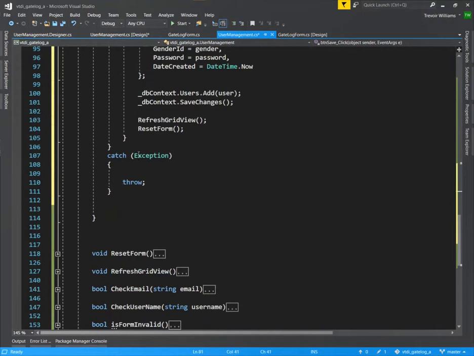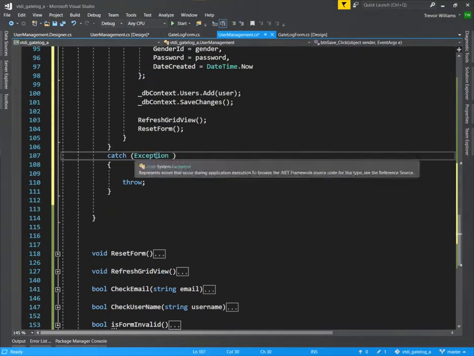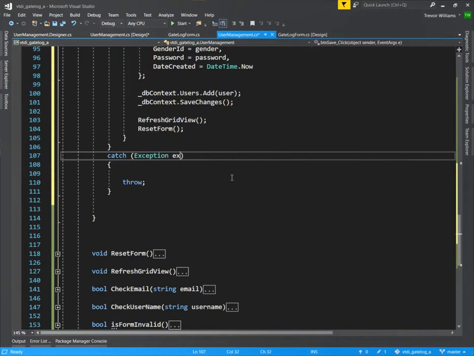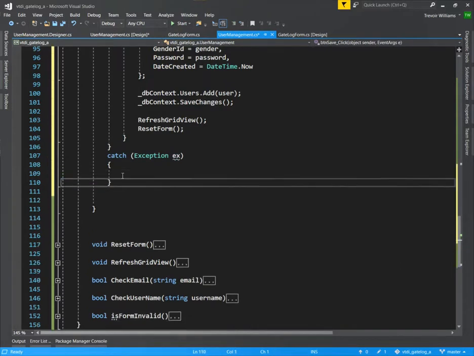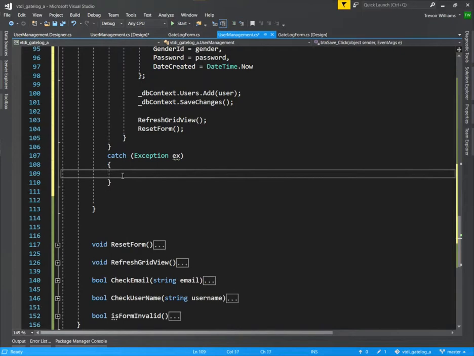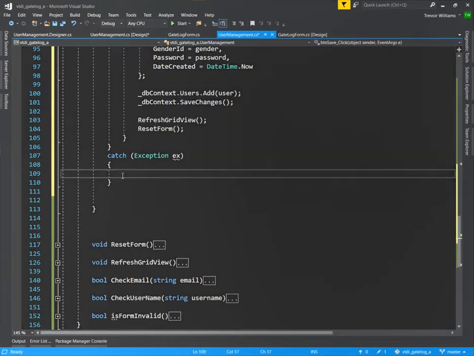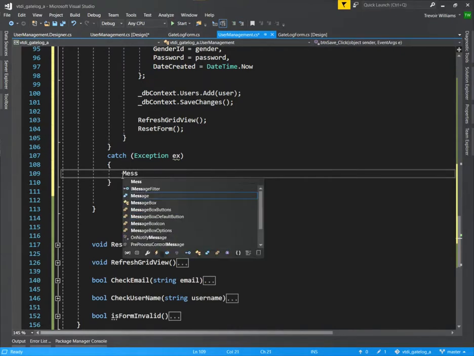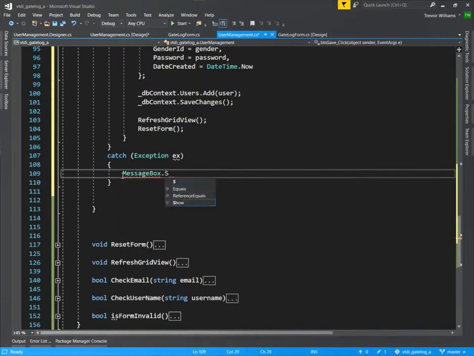And then after all of that, if there's an exception that is caught, I'm going to just put a space here beside the word exception and put in something. This doesn't necessarily have to be called EX. It just means I want to declare an object of type exception, and then this object will then embody details of what went wrong. So I'm just going to say message box dot show,